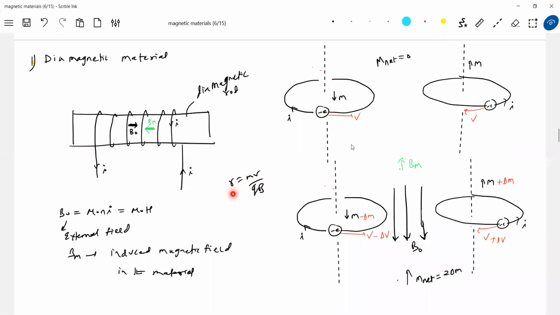If R is disturbed, the atomic structure will be disturbed. When I introduce a magnetic substance into a magnetic field, what will happen? The radius of the revolving electron will not change. The mass of the electron will not change. The charge will not change. Due to the external field, the speed of the electron will change.